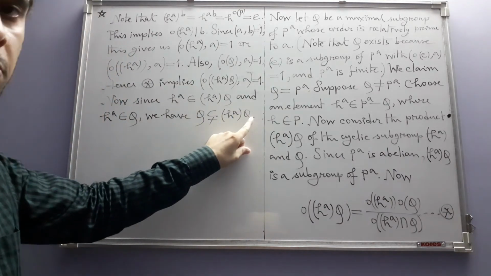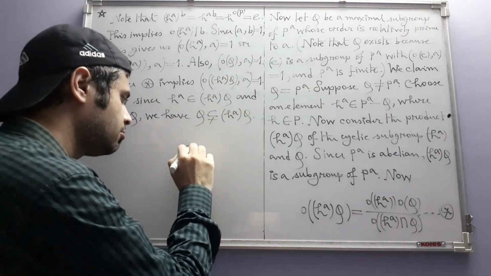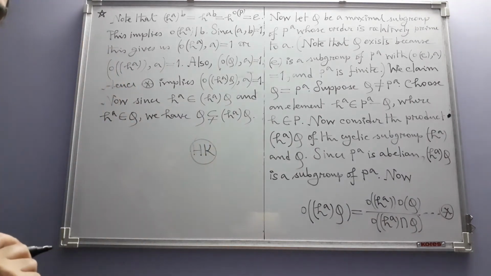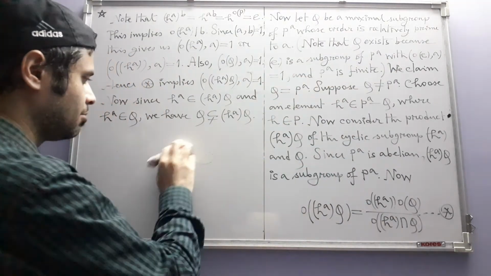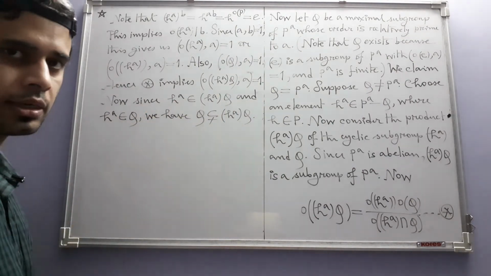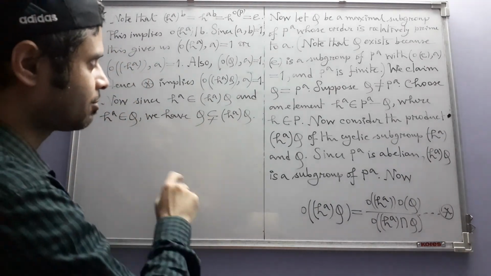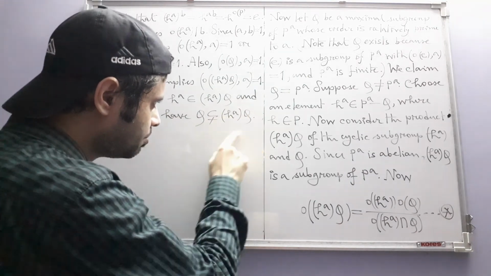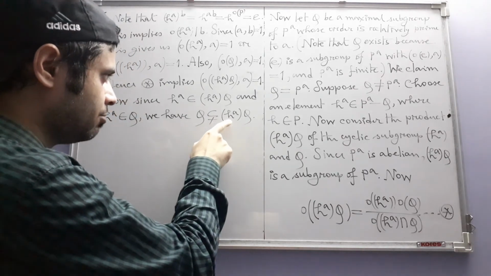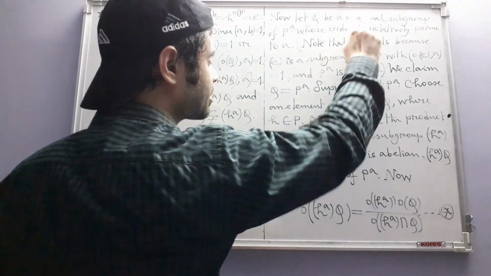Q is a proper subgroup of this. We already know that Q is a subgroup of this. Keep that in mind, because when you take a product of two subgroups, then it contains both the subgroups as subsets. But now this product has HA which is not there in Q. That means Q is a proper subgroup of this. So note that what we have found now is a subgroup of PA whose order is relatively prime to A, but which contains Q as a proper subgroup, and this contradicts the maximality of Q.